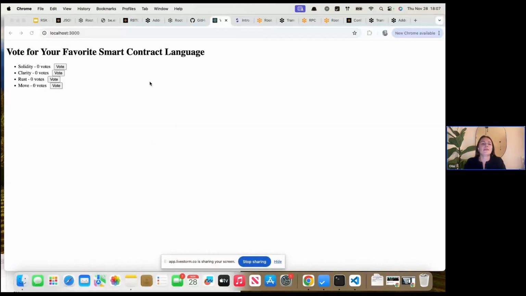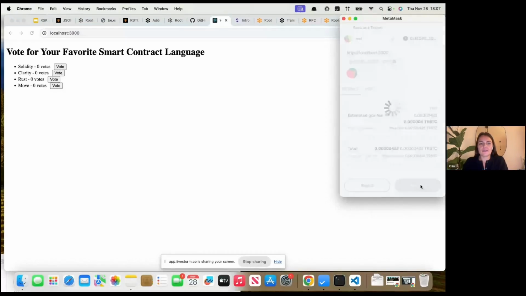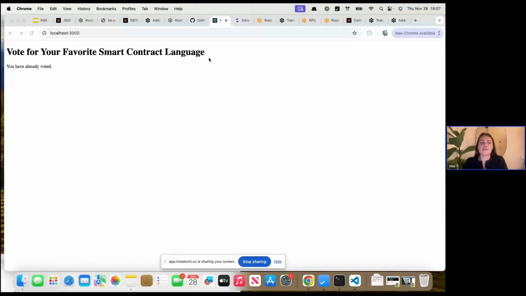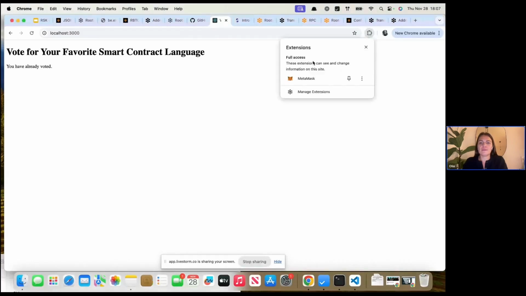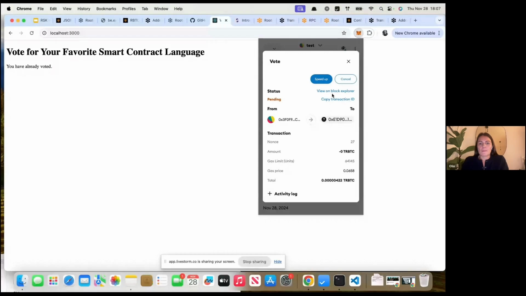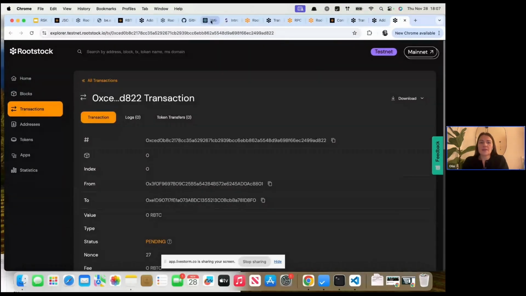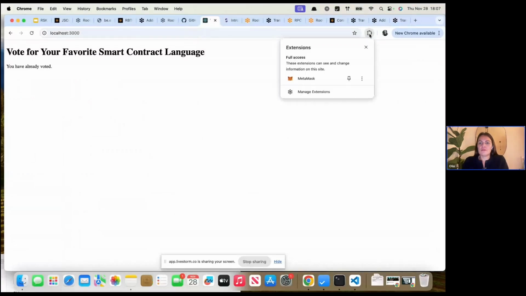All right, here we have it. Very basic, as you can see. Not very pretty, but sort of works. So the vote, we connect. And then if you vote, it will say you have voted. And we'll see, here's the voter pending. We can view it here. But meanwhile, also, if we